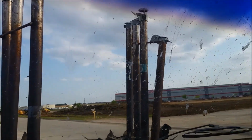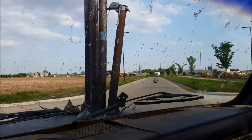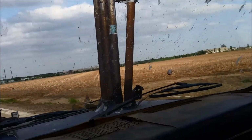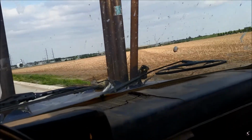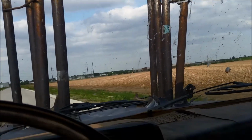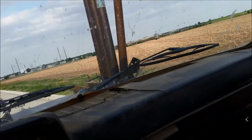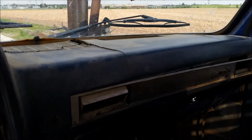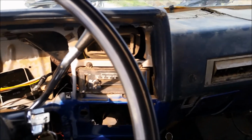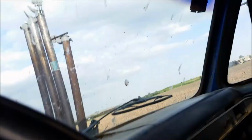Well, I managed to hit a pretty healthy sized bump in the road, and one of my stacks just broke clean off of where the primary is. So I got out and I unhooked the coil and I unhooked the fuel injector so that we don't have to worry about anything with that. And now we're trying to limp it back to the shop